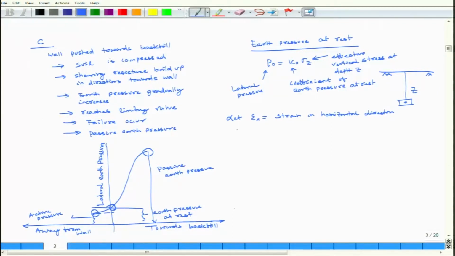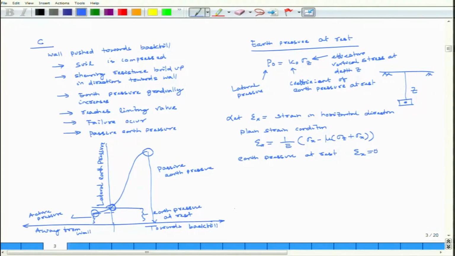For a plane strain condition, epsilon x is equal to 1 by E into sigma x minus mu into sigma z plus sigma x. So, earth pressure at rest means, what does it mean? There is no lateral deformation. That means, for earth pressure at rest,